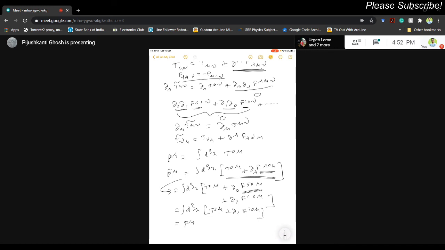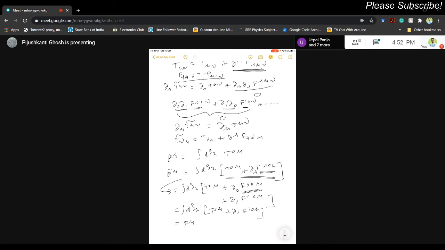But actually what is required is to verify that the physical behaviors or the physical quantities are not changed. So P mu is a physical quantity. So I do the example. For P mu tilde, I use T 0 mu tilde, and then I calculate it and I show that P mu tilde is equal to P mu. That means if I calculate the energy from the modified definition of the energy momentum tensor, that is exactly equal to the original energy. If I calculate the linear momentum by using the modified energy momentum tensor, then I get the same expression as if you calculate using the original.